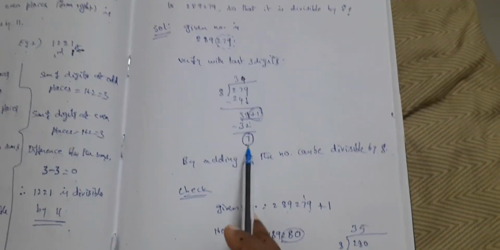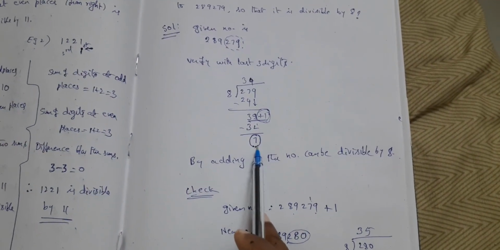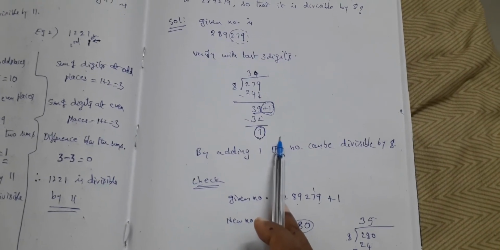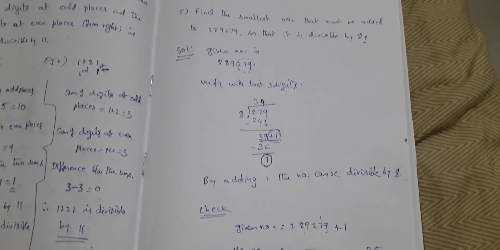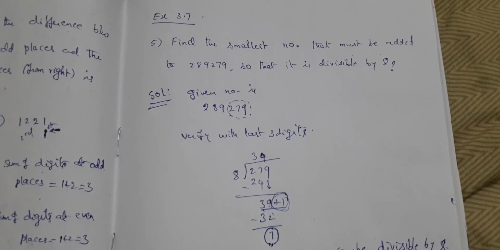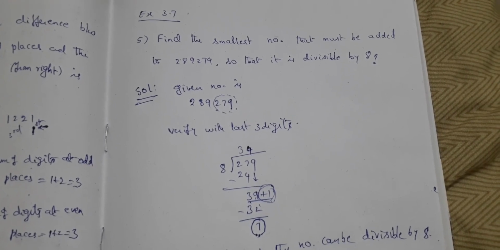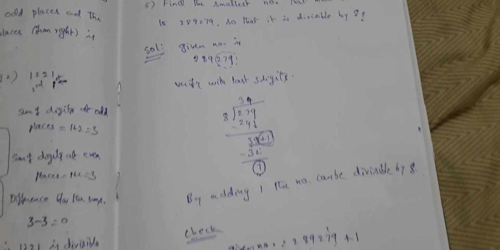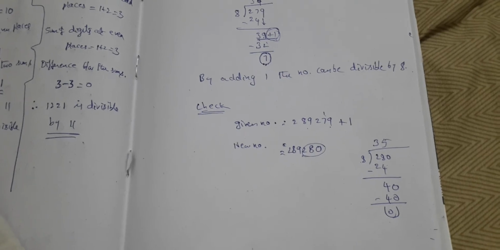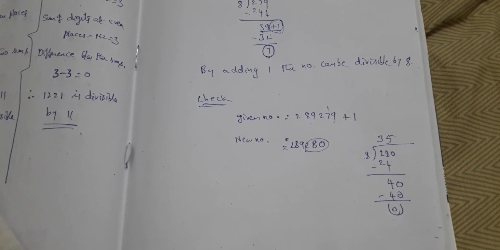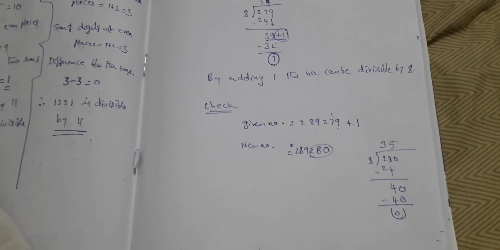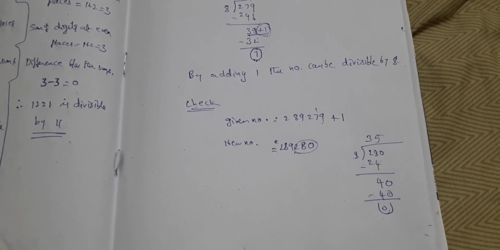We have to check how much remainder you got. To this remainder, to make it 8, how much should be added? This is what you have to see. Okay children? Now pause the video for a moment and copy the problem. Then how we verify it, that also you copy down. And this is the last part of the chapter. Please try to complete exercise 3.7 and post me your answers. Okay.